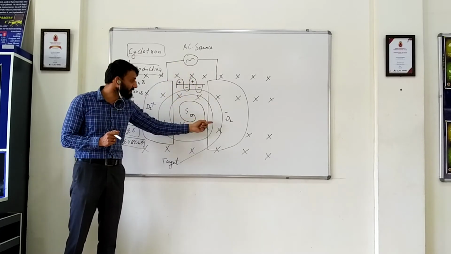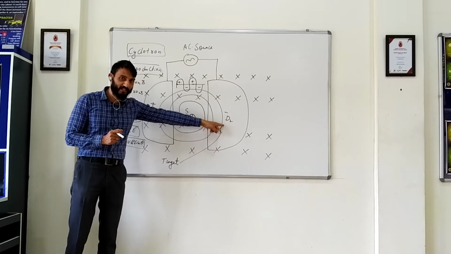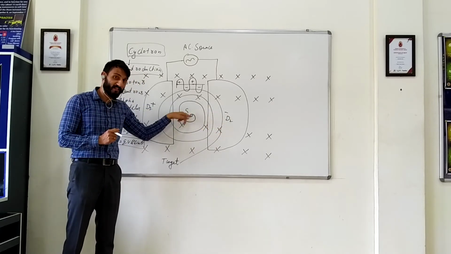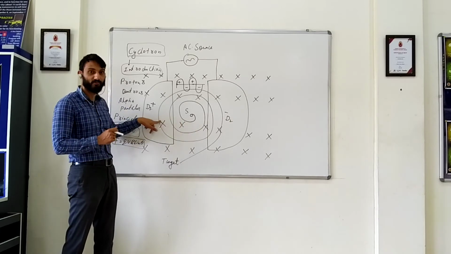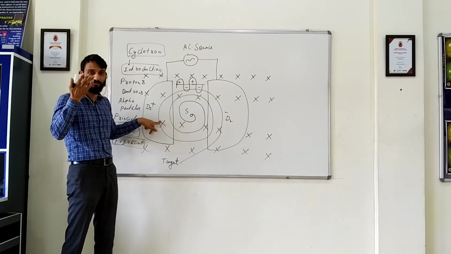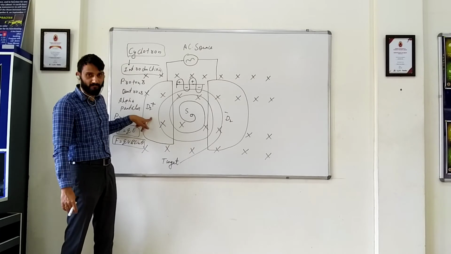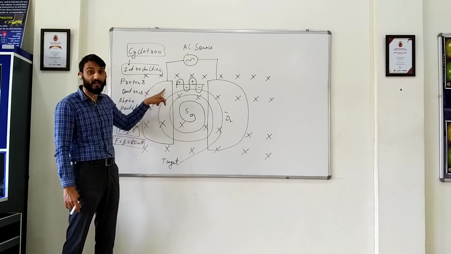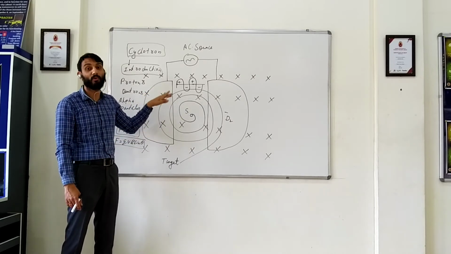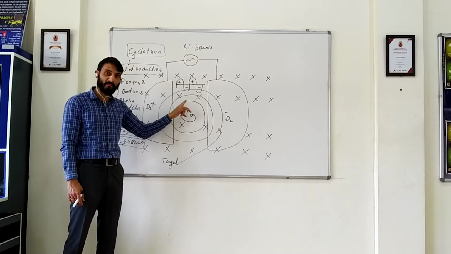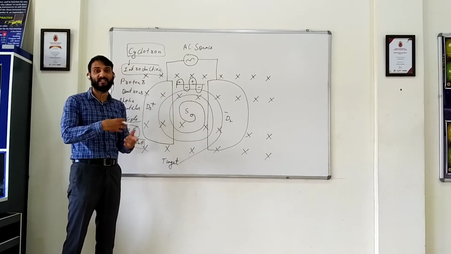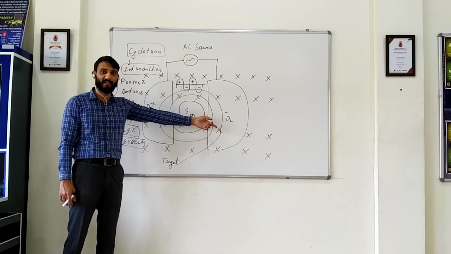Changing the frequency of this AC means earlier it was negative, then it will become positive the moment the charged particle comes out, and then the other side will become negative. Then it will accelerate here. So again it is accelerating, so the speed has gone up. Again, no electric field inside, it will take a bigger turn now because it has been accelerated and has more kinetic energy. The moment it comes out, that device will change the frequency again, and it will become negative again.